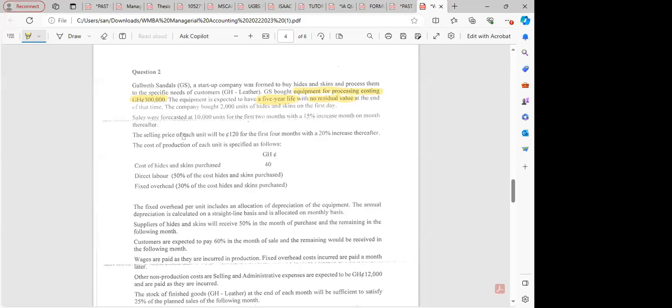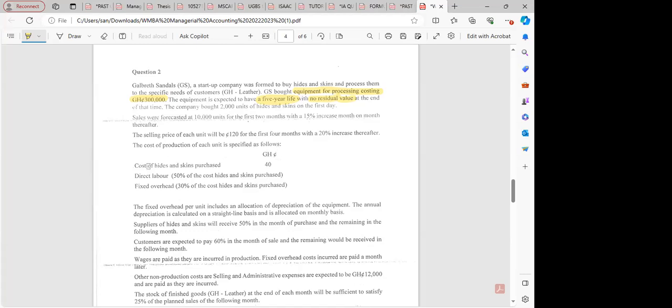It continues to say that the selling price of each unit will be 120 cedis for the first 4 months, with a 20% increase thereafter. So it means that after the first 4 months, your selling price would also increase by 20%. And then that increment will be for the fifth and then the sixth month because of the word thereafter. Okay. Then it tells us that the cost of production of each unit is